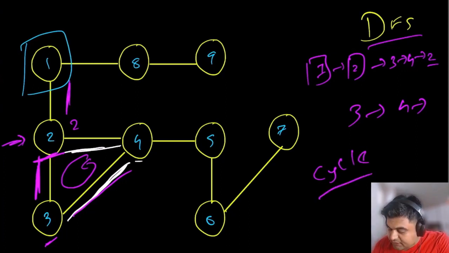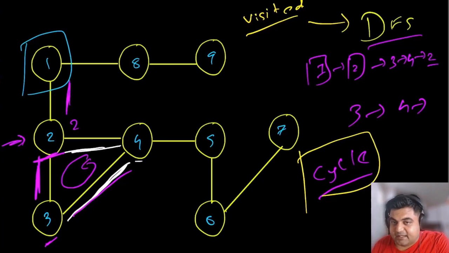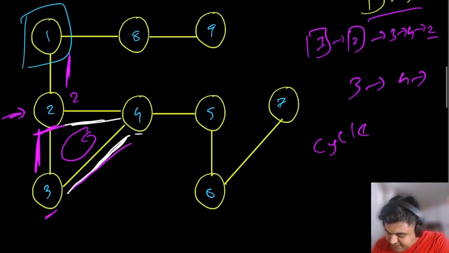Because we are stuck in a cycle, we need to keep track of all the nodes that we have previously visited. If we don't know which nodes we have already visited, and we keep on repeating this DFS technique on the graph, we could end up in a cycle, and this is going to keep on running infinitely. So this is a huge problem that we have to take care of, and it can be solved pretty easily by keeping track of either a visited array or a visited hash set.